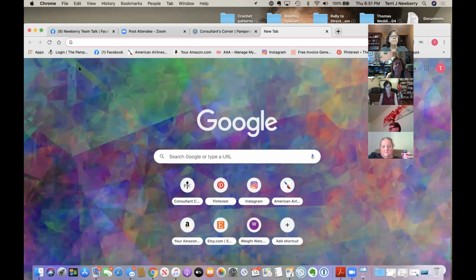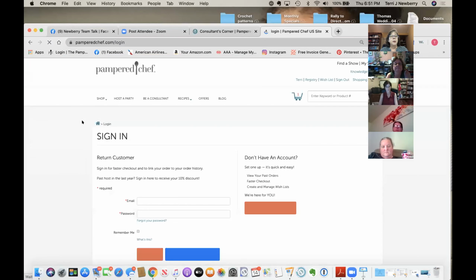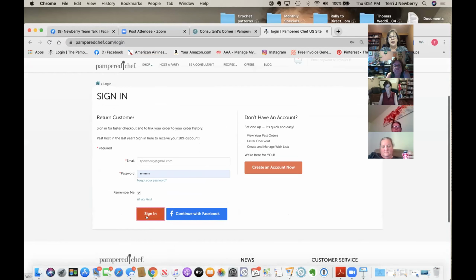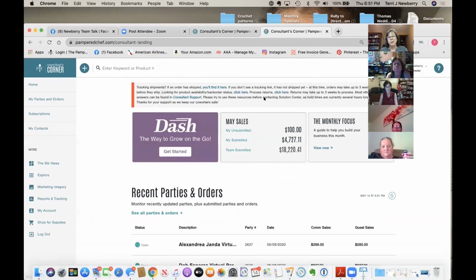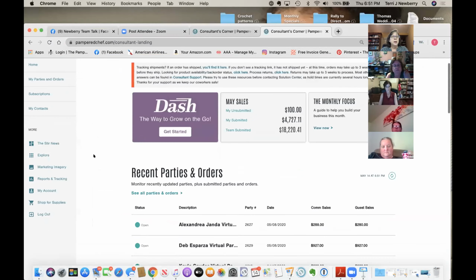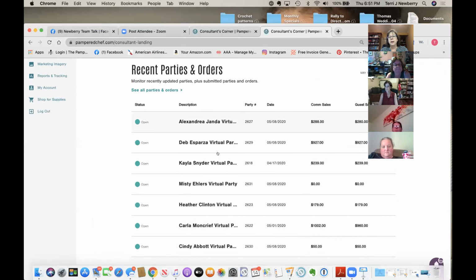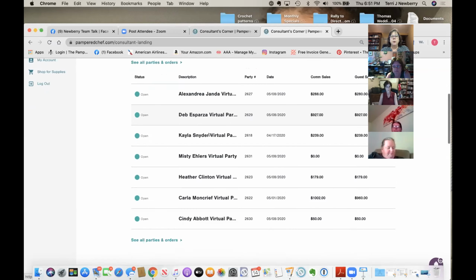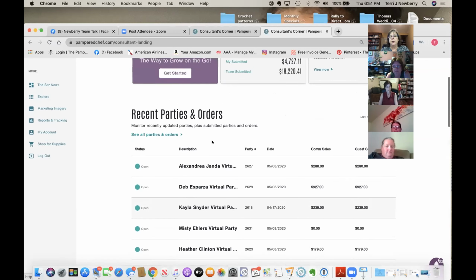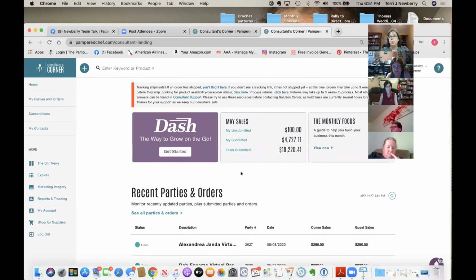I can also have another Pampered Chef tab open, where I'm going to open it, and I should have done this before y'all got here, but I really wanted you to see how I open it. So then here, I can also have it open to my parties right here, so that I can easily access the party links for the different shows that I have open, or if I'm setting up a party. I want to make sure that I can see that they are there so that I can easily pull links.